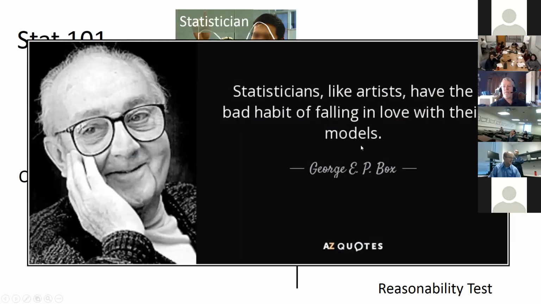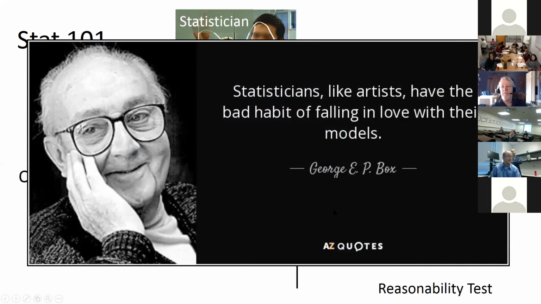George Box has pointed out in several different notable quotes the risk of becoming too focused on one particular model. And maybe a slightly less popular quote than "all models are wrong, some are useful" is that statisticians, like artists, have a bad habit of falling in love with their models. And if you've fallen in love with your model, that may cause you to stop looking around at alternative possibilities.